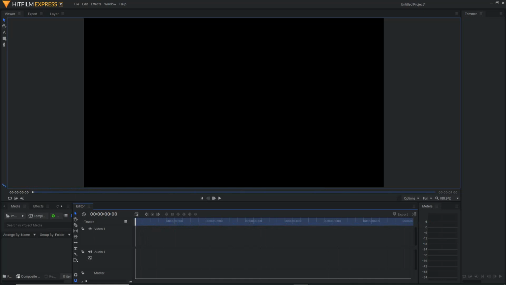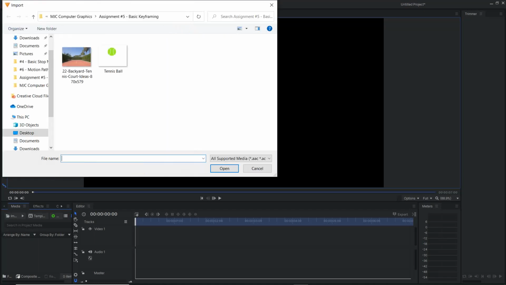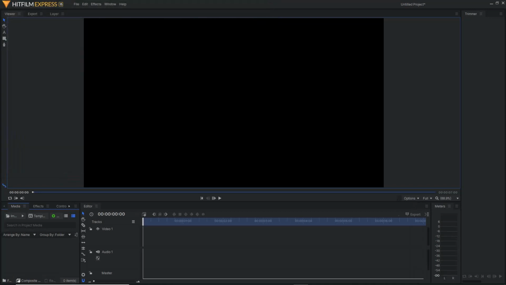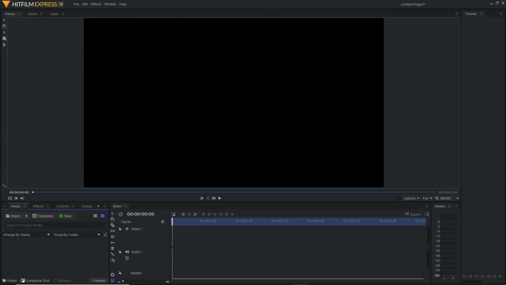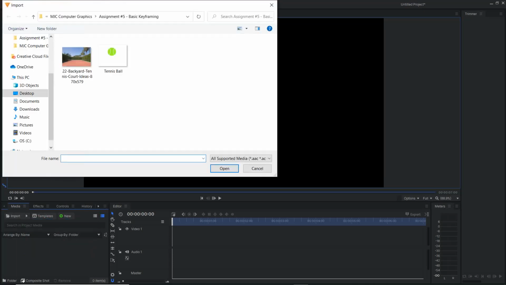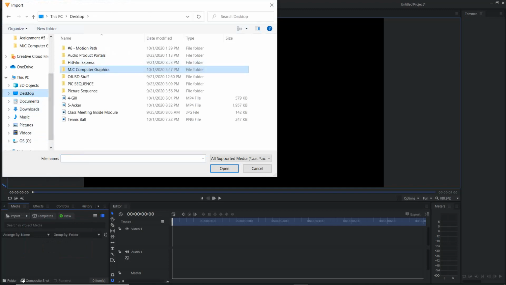Now the next thing we want to do is bring in our media. So we're going to go down to the media bin here, or where I call our clips bin, in the lower left-hand corner. Click Import here. Let me cancel that for a second. You can drag this window out too here. So we're going to import. Click this little arrow next to Import. Image sequence or media is what you want. We're just going to import media for this one. So choose Media, and then just go find your